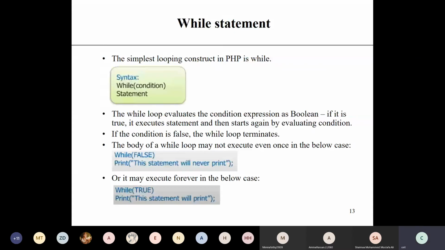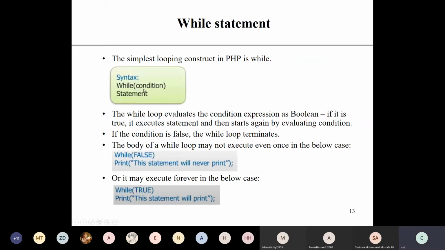We'll start from the while statement. This is the simplest looping construct in PHP. What is the syntax? While, condition, then statement. The while loop evaluates the condition expression as Boolean, true or false. If this is true, then it will start to execute this statement.